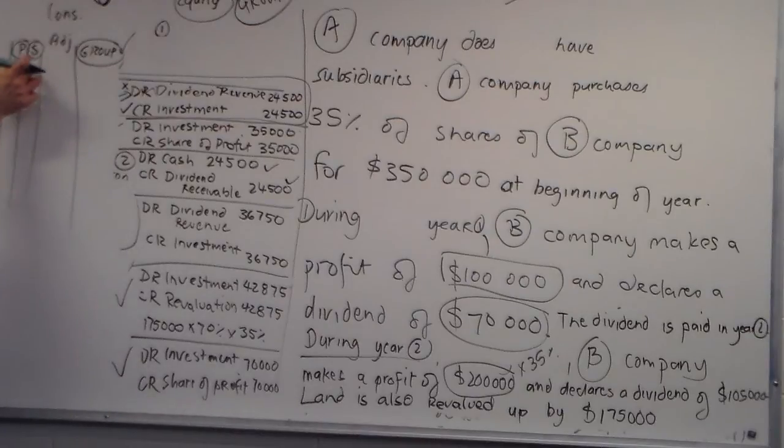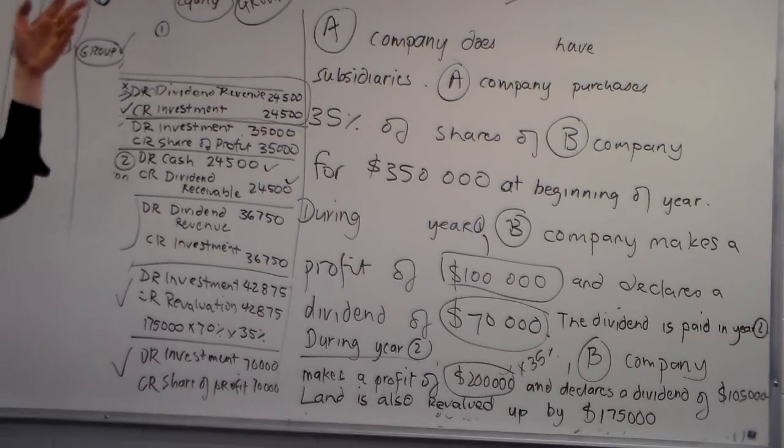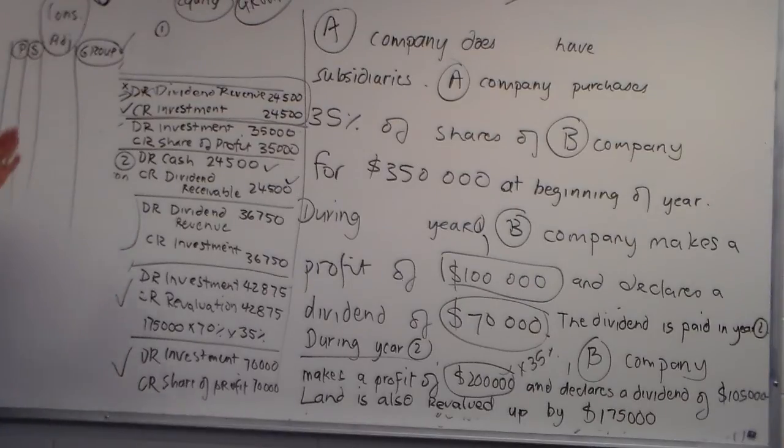What I'm saying to you is, if you always start with P and S, and they have never been adjusted, in other words these consolidation adjustments have never gone through P and S, then you've got P and S having processed things for year 1 and year 2. And you know that in P and S for year 1 and year 2, they haven't eliminated any intercompany transactions, for example. So at the end of year 2, if you had to do consolidation adjustments, you would have to re-put in journal entries from year 1. Shall I repeat that? If you're doing consolidation at the end of year 2, would you say, well, year 1, we've already put those consolidation adjustments through? Would you